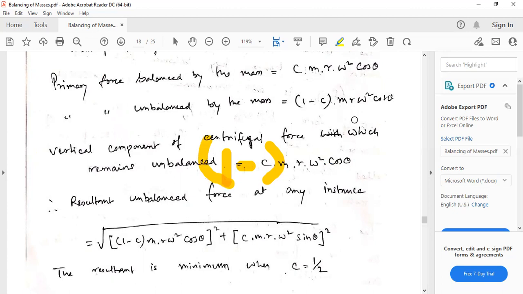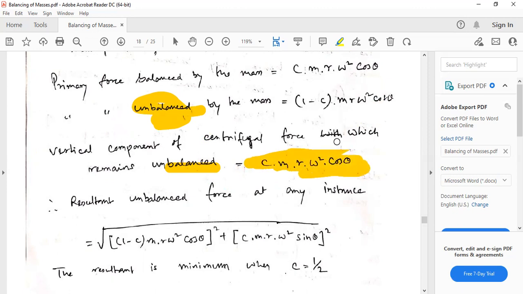Okay, actually we have to take this one. By mistake I have written the C. Actually this is 1 minus C, because this is unbalanced, no? So this remains unbalanced. So this is 1 minus C into m r omega square cos theta. Okay, this is the vertical component, and the horizontal component of the